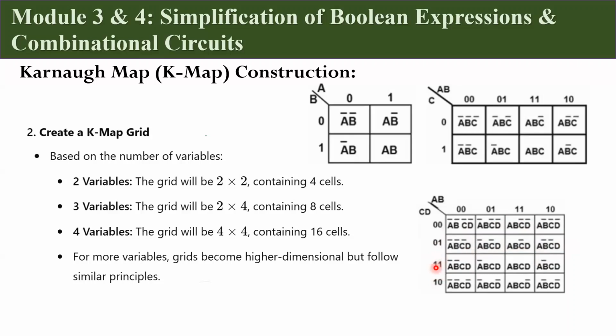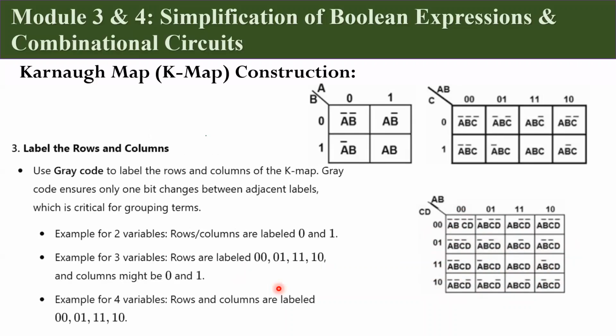Then this one will be CD, 1, 1, and you have it all through. And lastly, here you have 1, 0. That is C, D bar, is what you also have all through. So combining all of them, in this 4 cell, because we have 0, 0 here, we have A bar, B bar, C bar, D bar. You can check each and every one of them and see what it is. You can also have 5 input variables and so on and so forth, depending on the number of inputs you're dealing with. Now, having done that, the next thing is to use the Gray code to label